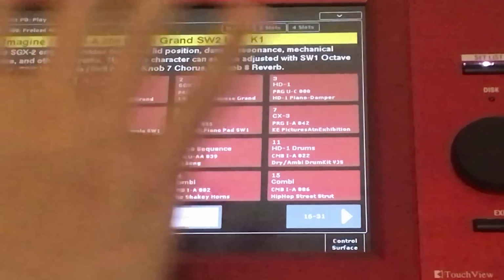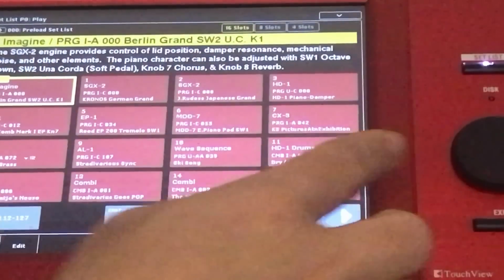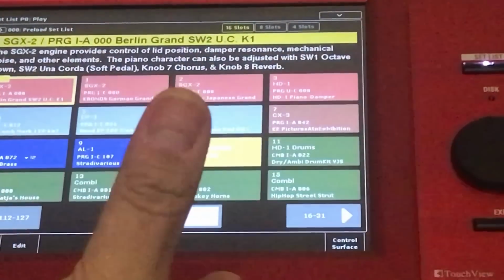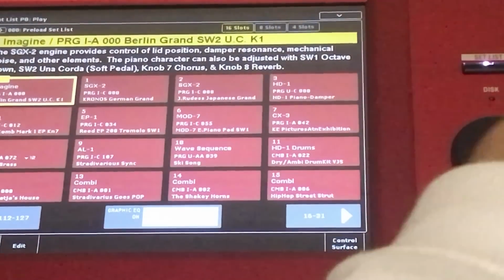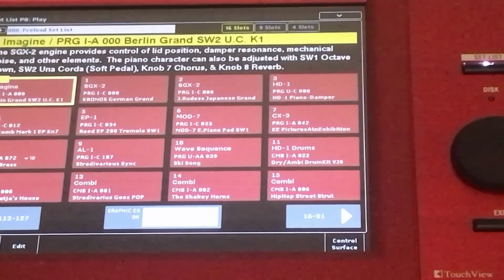So far I haven't saved anything. And if I want to revert to the way it was, I can press the compare button. See, it's back to what it looked like before I did any changes. If I press compare again, it goes back to me changing it all to red. And if I want to